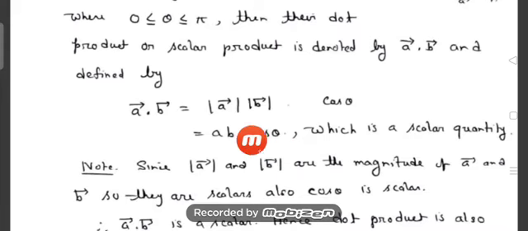Now you see, this is the definition, okay, remember it. Now you see, without proof we have to know these things. So now you see that a is a scalar quantity because modulus of a is a magnitude.